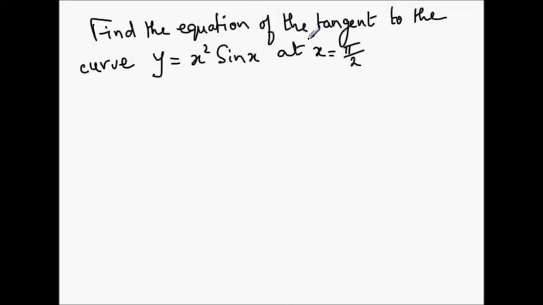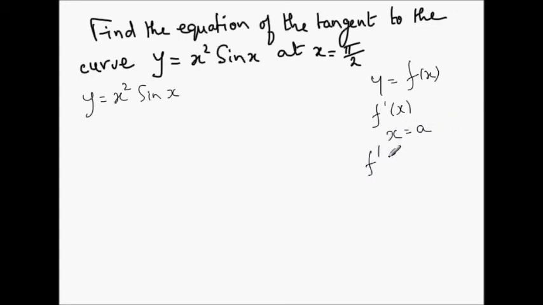Next, find the equation of the tangent to the curve y equals x squared sin x. So finding the equation of the tangent has a process. You are given the function y equals f of x, and then you find f dash of x, and then you are given the point x equal to, say, a, and the derivative at that point would be your slope, and then use that value